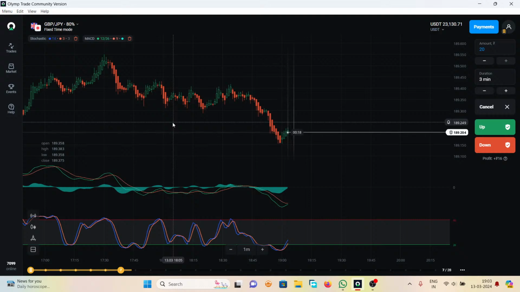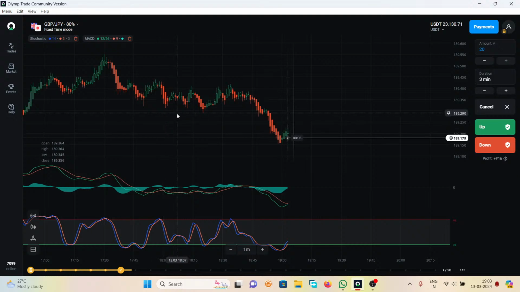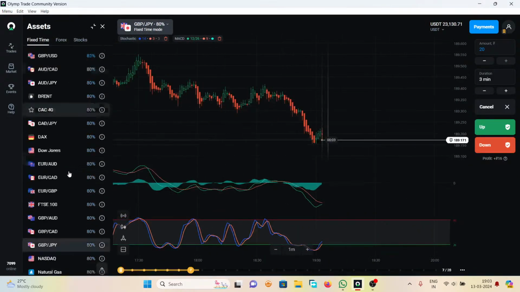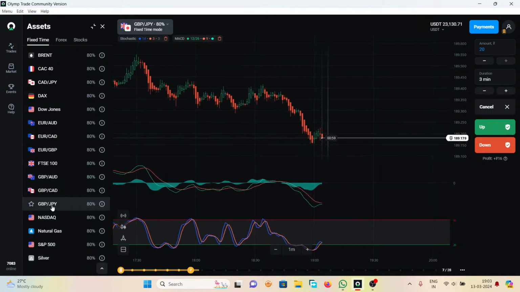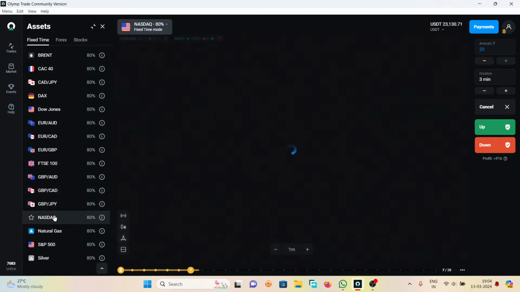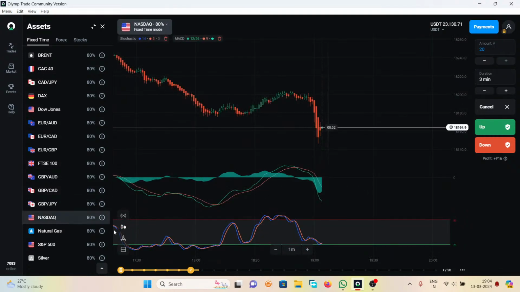Then we want to recover our losses as early as possible, and we make the same mistakes. And what are those mistakes? We use the same way, opening the trade with a high amount. So don't do this. Please remember, after 4 successful trades or after 4 unsuccessful trades, try to take a break